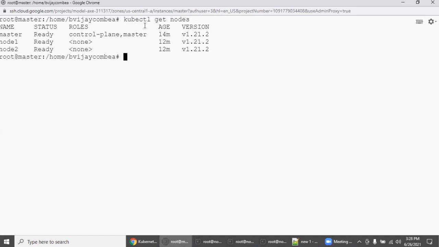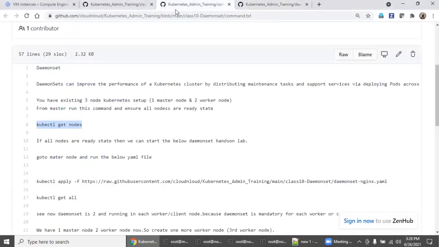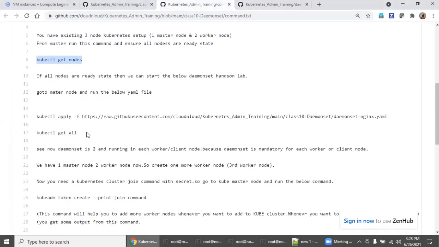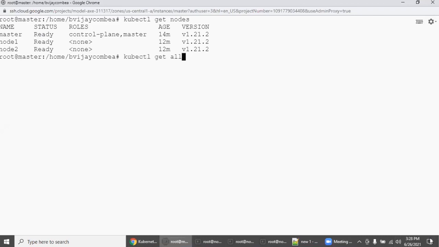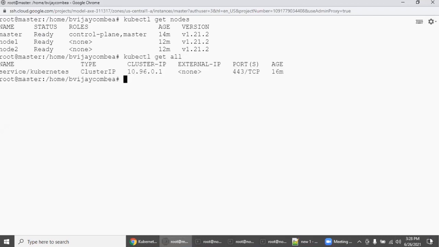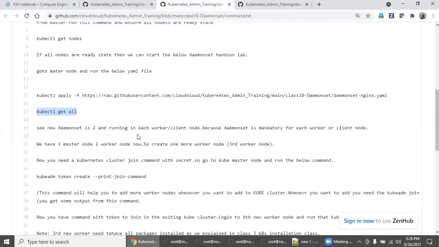Let's run kubectl get nodes, then go to the steps and run kubectl get all. Run this command also, and ensure there is nothing inside apart from the default.